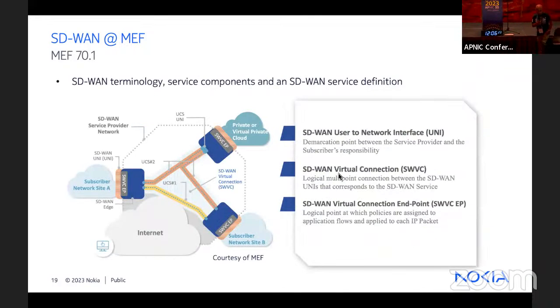Okay, so let me talk you through this here. This is a reference model, or just a diagram, I guess, a reference diagram that helps us to understand the MEF terminology for an SD-WAN service. And I'll go through this reasonably quickly. So what we have here is